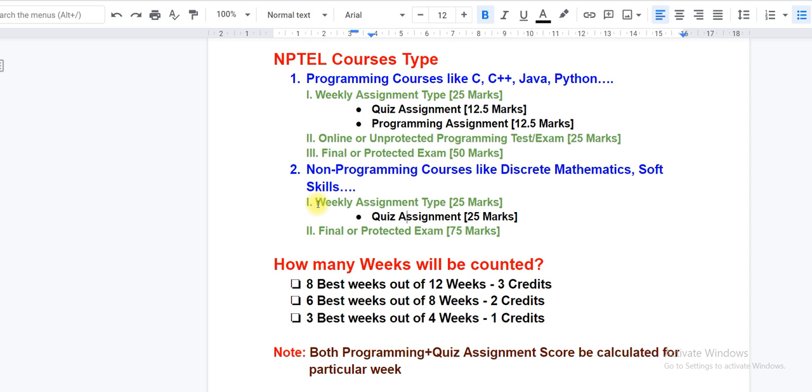But before introducing the next concept, let me address some doubts. I hope you already have some. What are your doubts? If you have not completed all the weekly assignments, then how will your score be calculated? Or in a 12-week course, NPTEL will calculate the 8 best weeks, but you have only solved 5 weeks. Then will you be able to write the exam, or will you get a certificate? Will you be eligible for writing the exam? You will get this one question.